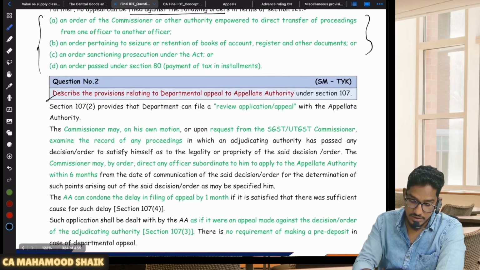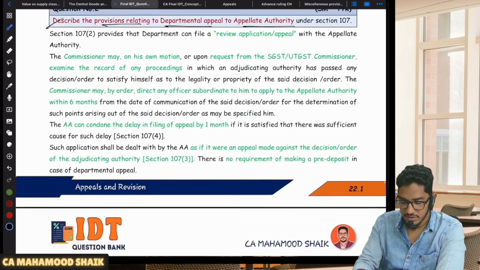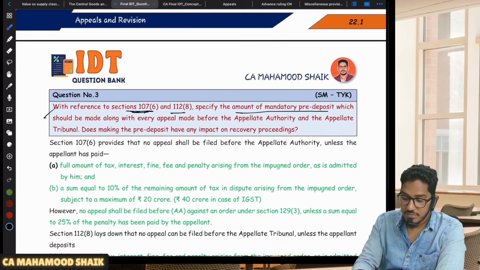the orders. Next. Describe the provisions relating to departmental appeal to appellate authority. Straightforward question only. Can the department also go for appeal? Yes. Within 6 months, 1 month condonation of delay, no pre-deposit, all the procedures will be the same, so that you can write it. With reference to 107(6) and 112(8), specify the amount of mandatory pre-deposit which should be made along with